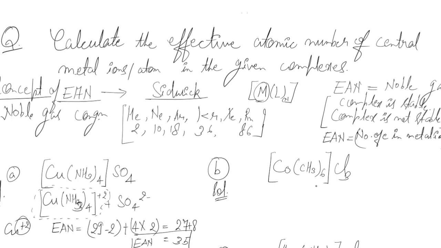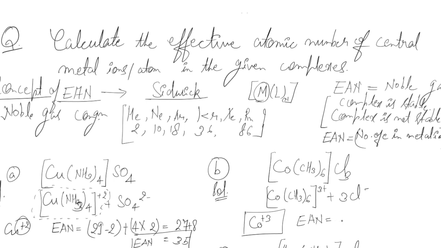So here we also have the coordination and ionization sphere. If you just do the ionization, you will see that this is the cobalt complex. So you can write it here like cobalt hexamethyl, and 3Cl negative. So definitely this will have the 3 plus charge. So cobalt is present in +3 oxidation state. Once you have identified that cobalt is present in +3 oxidation state, now you can calculate the effective atomic number,